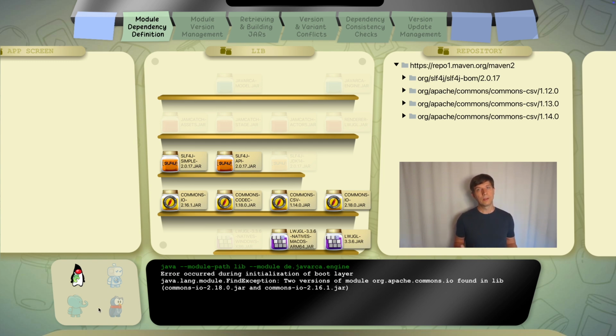The first thing a tool should do for me is downloading the module and putting it on my module path or class path. In the last episode, we saw that both tools can download modules from so-called Maven repositories, like Maven Central. In such a repository, the jar files that represent the modules are located in a certain structure and have additional metadata. When we look more closely at the structure, we see that the version is always part of the location of a module.